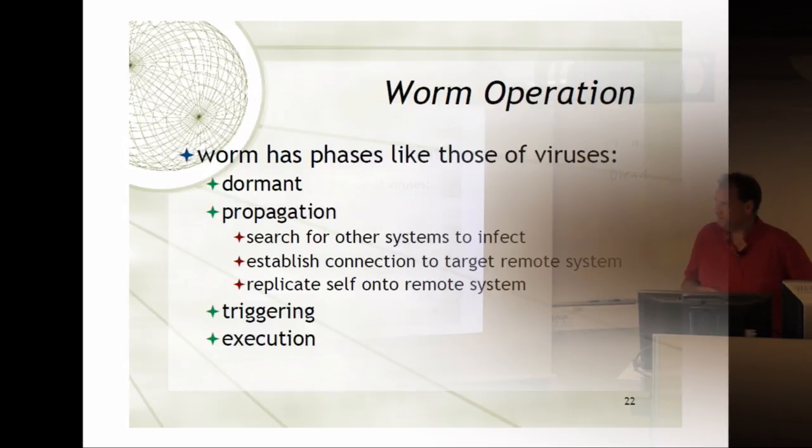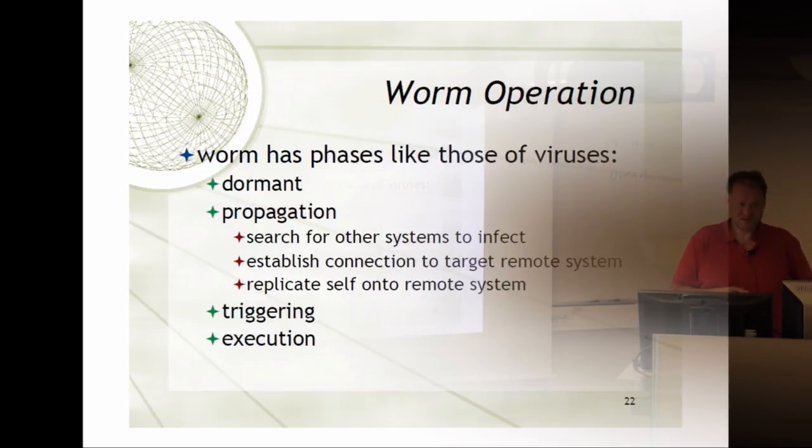The worm has similar phases to the virus, dormant, propagation, but now the propagation is different. For the propagation phase for a virus, it typically looks for another file in the local system that it can attack, while the propagation of a worm now tries to identify another system, another host in the network that it can connect to and infect. So in the propagation phase, first it tries to identify possible vulnerable other hosts, and then it tries to establish a connection to them and